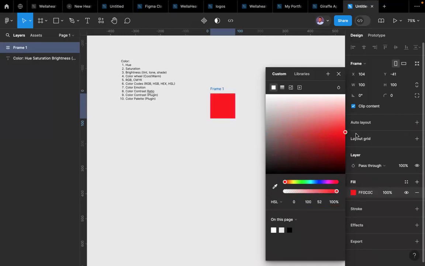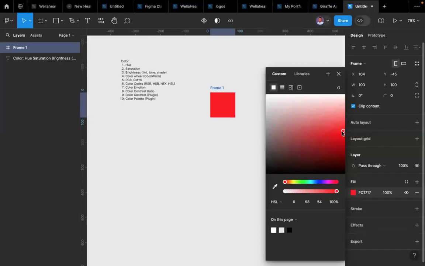Apart from that, you have something that you call lighting or brightness, right? Brightness is how much white is in something. And the opposite of brightness is going to be darkness, right? Darkness would be how much black is in it. So if you're going from here and you are going up,